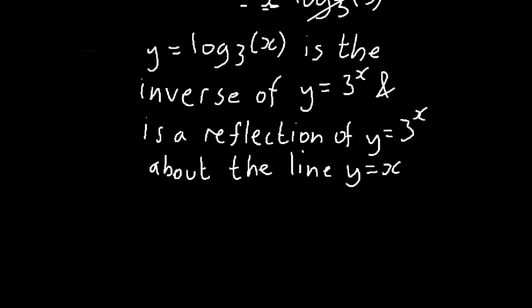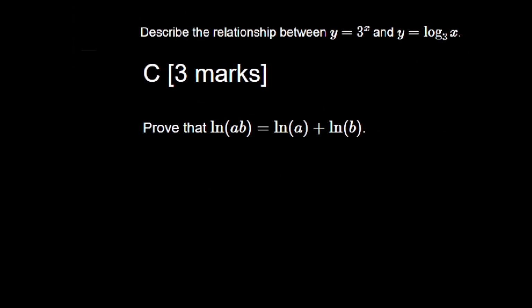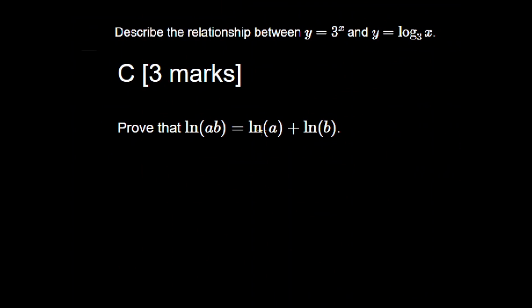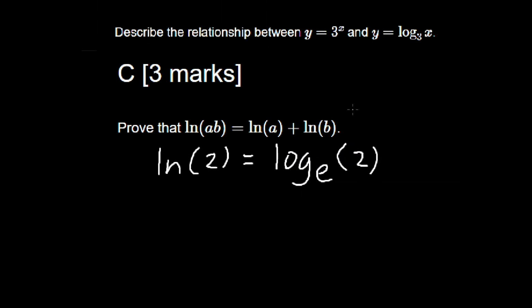Now the next part is asking for a proof. It's asking for the proof that ln AB is equal to ln A plus ln B. So what does ln of 2 mean? That is like saying a log base e, the exponential, that 2.7 number that's very special, of 2. What that means is that e to the power of something is equal to 2. What is that something? That's what it's asking there. So what we're going to do is say,